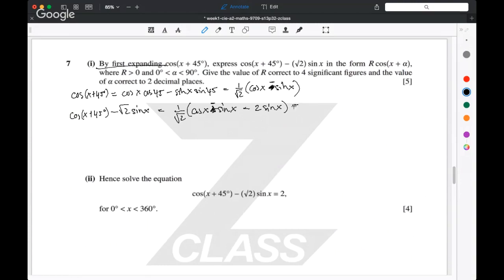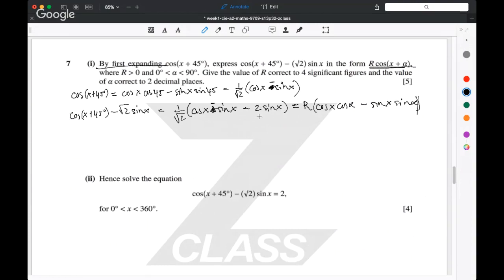Now I'm going to say this is equal to the expansion of this guy. So that's r times cosine x cosine alpha minus sine x sine alpha. And I can equate the coefficients of cosines and sines in the same way that you can equate real and imaginary numbers, because they're completely independent. It all comes from types of waves, and the fact that you can't build a cosine wave from pure sine waves. They're completely independent things because they've got this phase shift. It's signal processing really, but the point is that you can